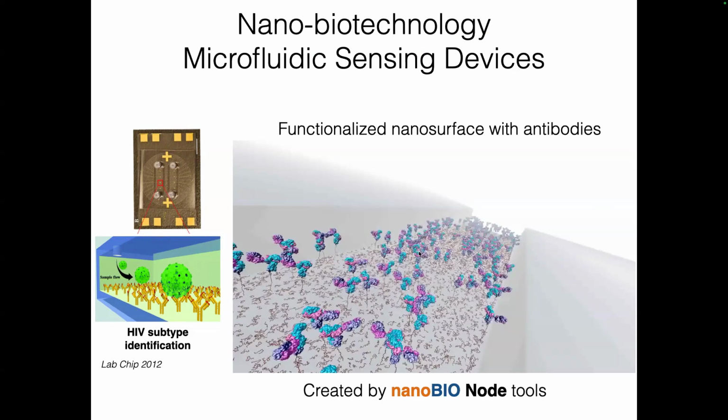So here, for example, you can see that our colleagues wanted to look at the chip in which the antibodies are coated on the surface, and they're going to run a sample through it. And if there are viruses in the sample, you can detect them using this chip. So instead of using this cartoon model, with MD simulation,